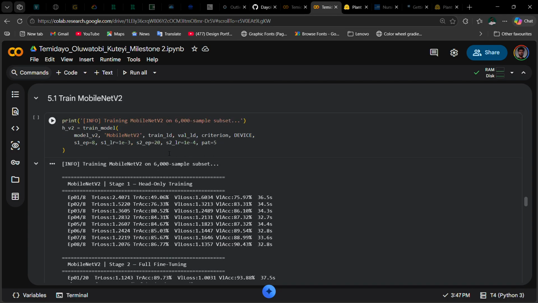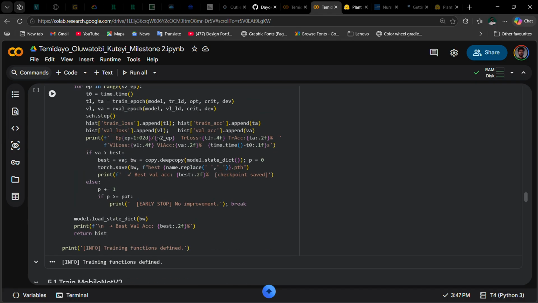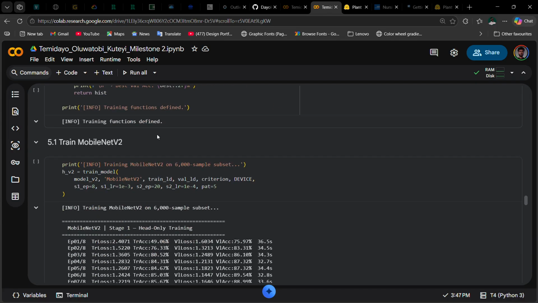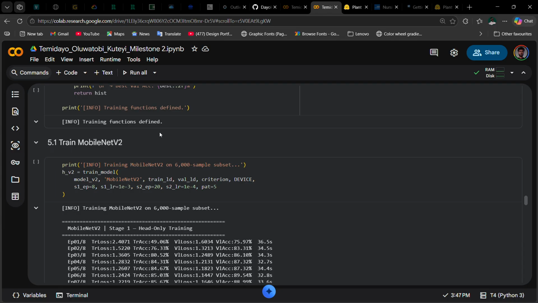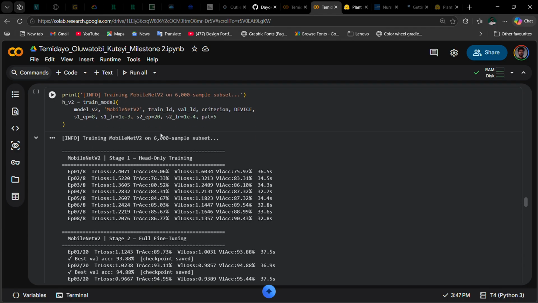Well, this is my Colab notebook section. I've already provided the code in my GitHub repository. So basically this is where I trained the two models,